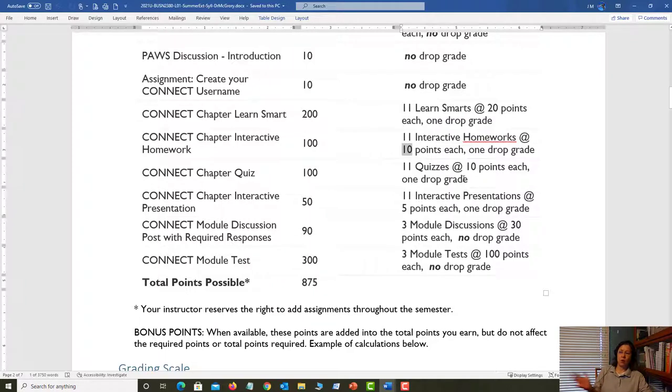And we throw out the lowest grade, so that means it's kind of like having 10 chapters. Your top 10 scores times 10 points is going to be 100. Same thing with the quizzes, 11 chapters, but we're only going to count your highest 10 chapter quiz scores. Throw the lowest one out, that's your drop grade, and that means 100 points.